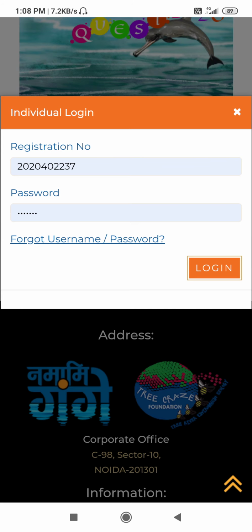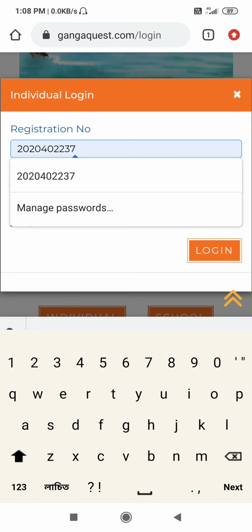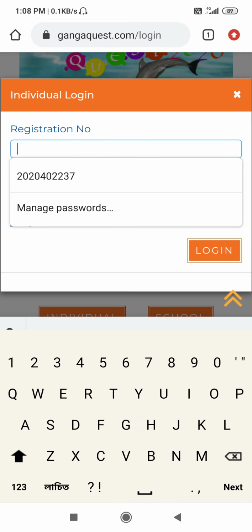So in the registration number box, you have to put your registration number, which is already with you, and the password is also with you. So you put your own registration number here.